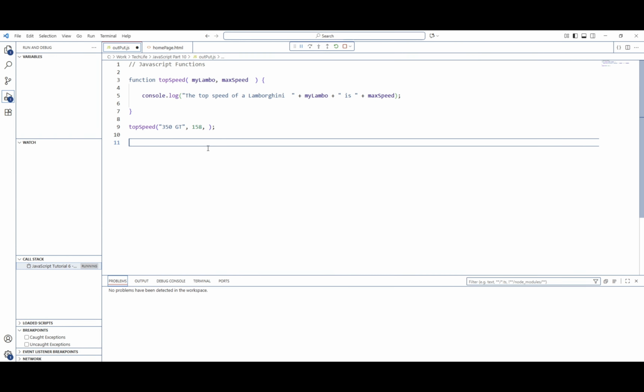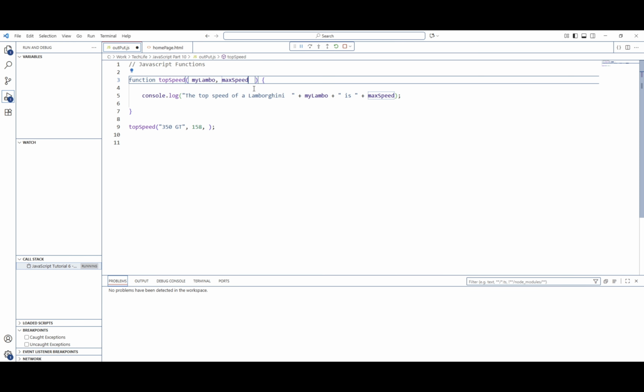Okay, so the next thing we're going to take a look at are default parameters. Default parameters, as the name suggests, have a default value assigned to them. So if a user chooses not to pass a value in for that parameter as an argument, then the code uses the default value instead. So if I go ahead and make a slight change to this existing function,